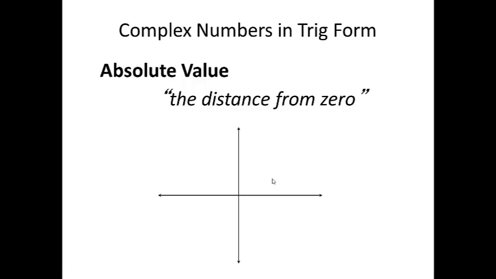Absolute value is defined as the distance from 0. So a complex number is written in the real and imaginary coordinate plane. There's a real part and imaginary part. The real part is on the x-axis and the imaginary part is on the y-axis. So if we put a point on